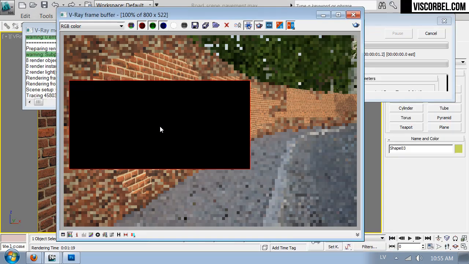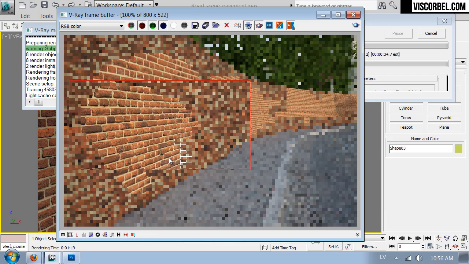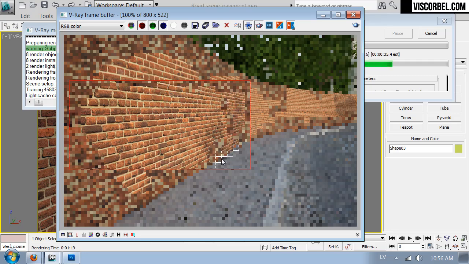Re-render. So now you can see some 3D shape for these bricks. You can see they are sticking out of the wall. Looks good. They're also a bit crisper since we reduced the blurring. Right, so